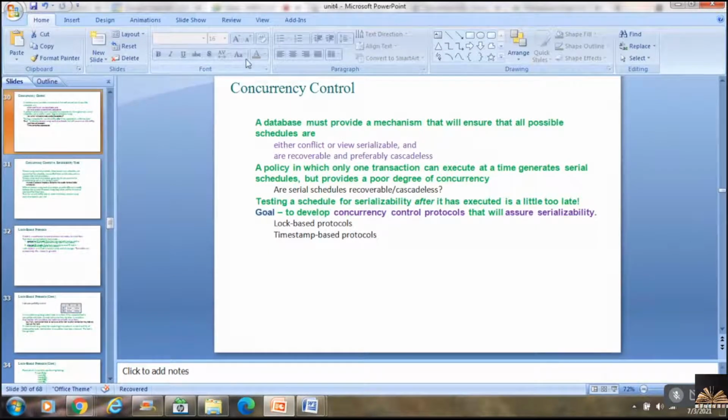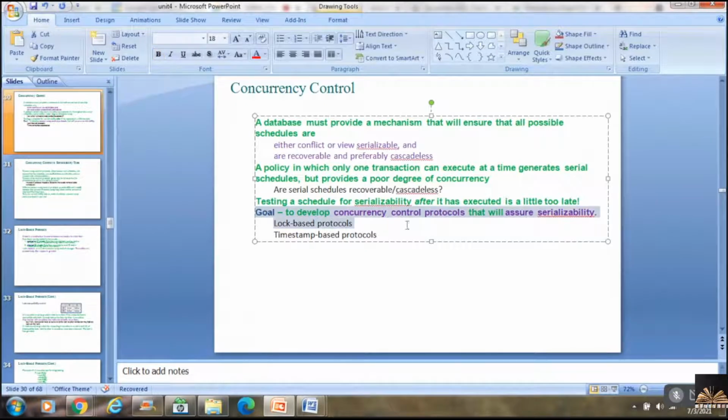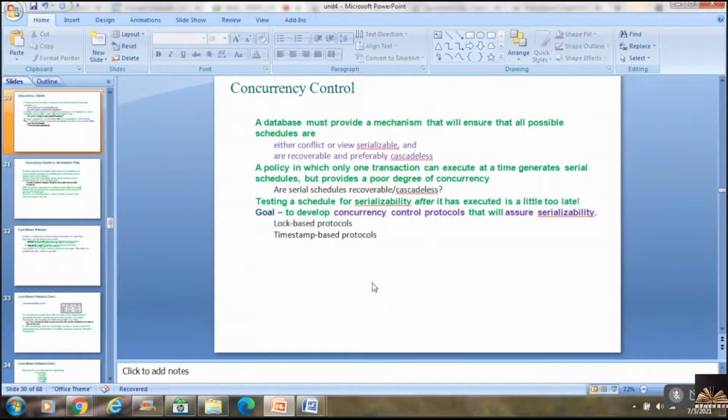In concurrency control, we are trying to develop concurrency control protocols that will assure serializability. The main goal is to attain serializability, and to attain it we have to develop concurrency control protocols.